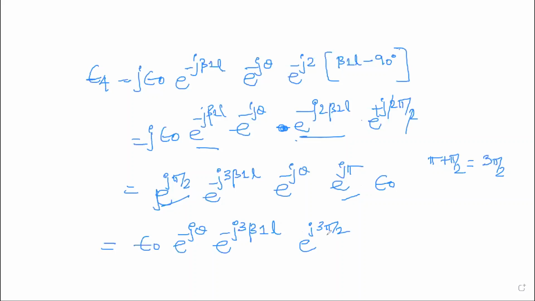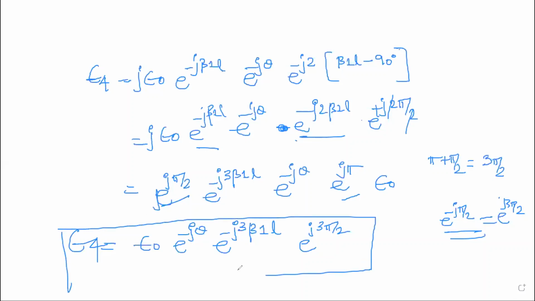In the textbook, it is given as e to the power minus j pi by 2. This is also equal to e to the power j 3 pi by 2 because you can see the values of both are the same. So no problem with the equation. The actual equation you get is 3 pi by 2. So make this equation number 5.